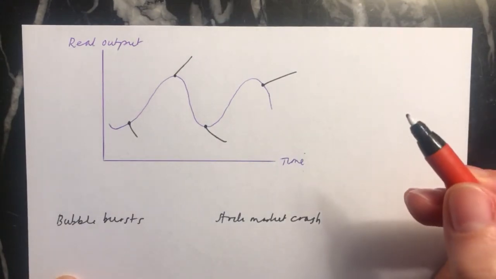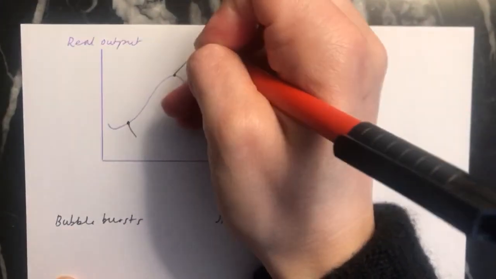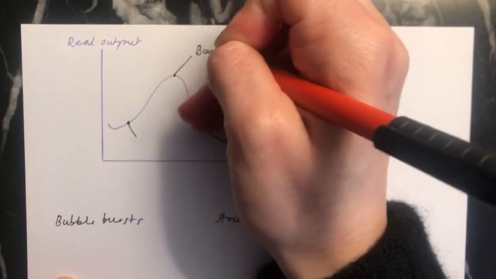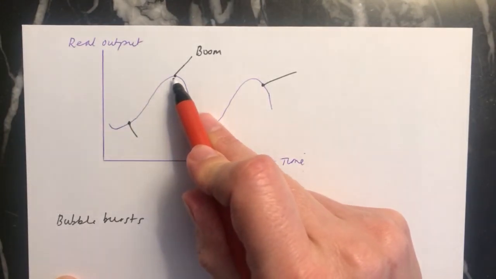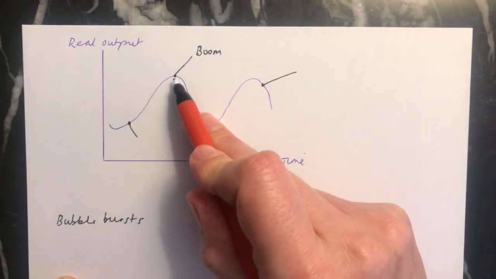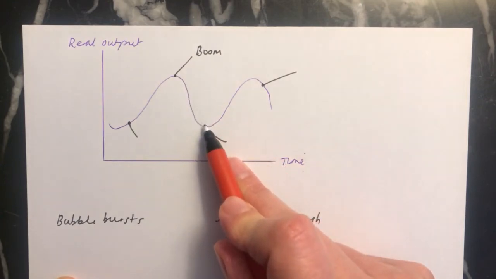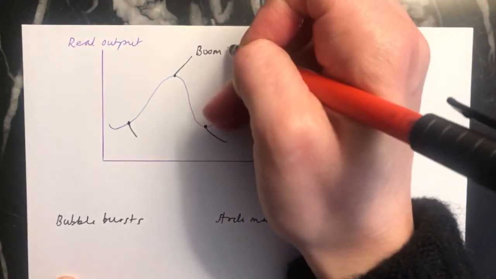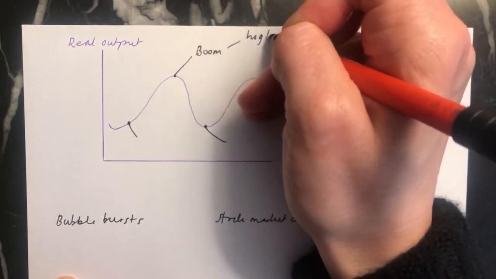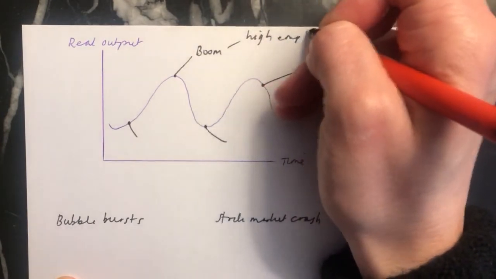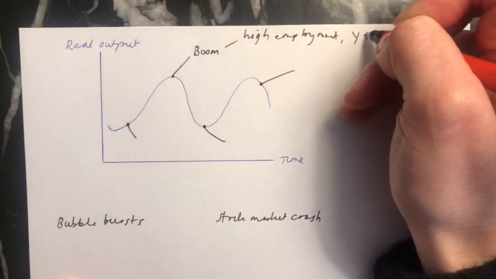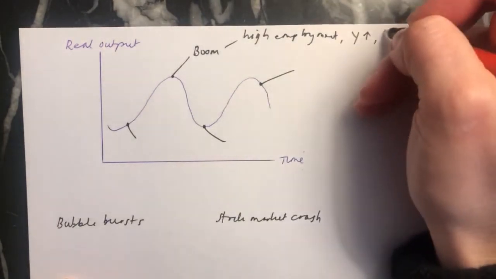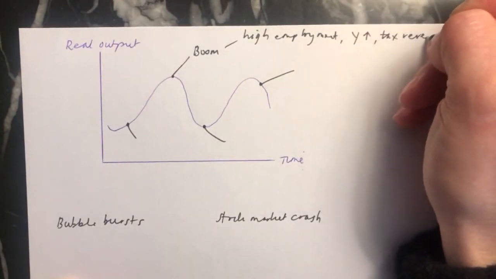If you hear about an economy being in a boom, that means that real output has been going up and up and up, and really you've possibly reached the peak here before, as you can see, real output will start going down. When we're in a boom, we have high employment, incomes go up, tax revenue goes up,